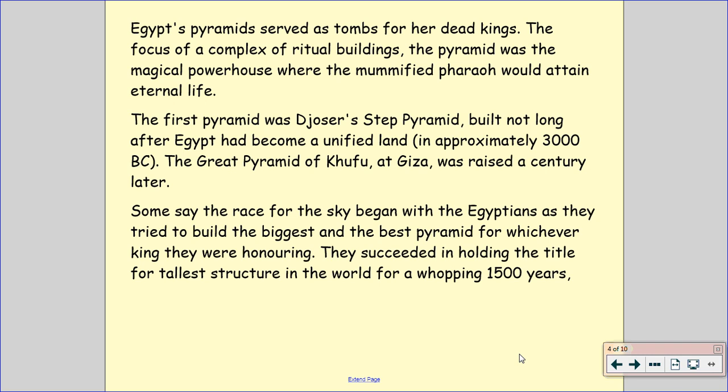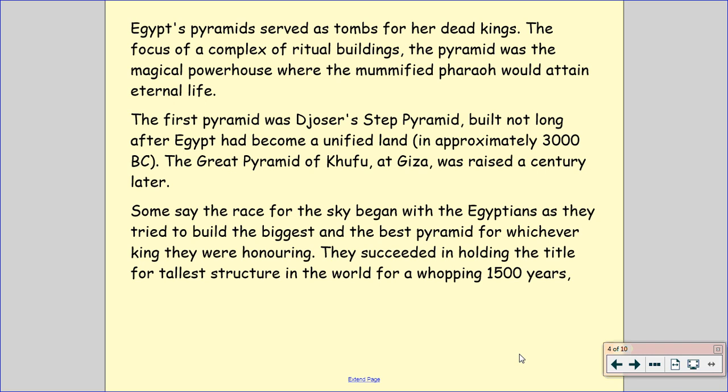And actually, when a new pharaoh took reign in Egypt, they would start work on their pyramid pretty much straight away, because it would take so long for them to be built. And you couldn't wait until that pharaoh died, because it took nearly 20 years to build a pyramid, essentially. So as soon as a pharaoh took reign, they would start building their pyramid where they would be laid to rest, because it probably would be finished around about the time they might die, or a little bit before that, maybe.